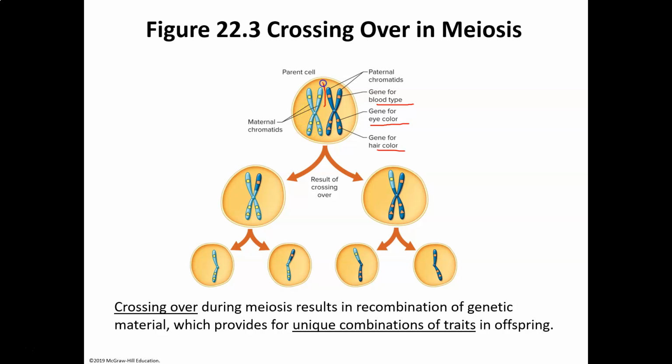These are maternal chromatids, and the paternal chromatids. So they're saying, well, your dad had a certain color hair and your mom's got a different color hair. And you may end up with some variation of that because you get crossed over chromosomes. And then in the end, the 1, 2, 3, 4 gametes that you have, some of them are going to be quite different than the parents. Some will be fairly similar. But that's how evolution works.